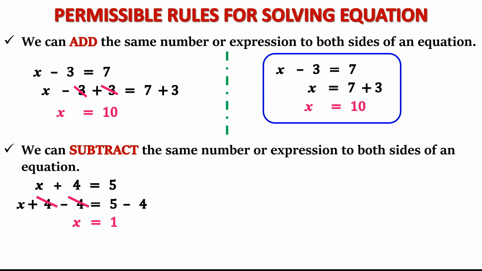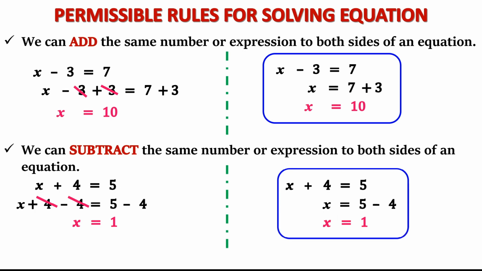Now children, instead of doing it this way, you can understand it in one more way. Suppose you have x plus 4 is equal to 5 and you want to remove plus 4 from here. When a number is removed from one side and transposed to the other side, its sign changes. So we will keep only x in the left hand side, but plus 4 will go to the other side and become minus 4, like this. x is equal to 5 minus 4, and here I have the value of x as 1.